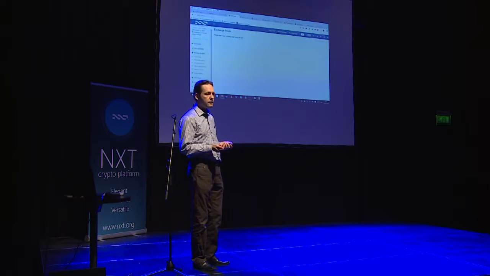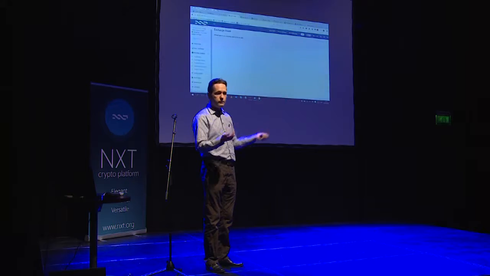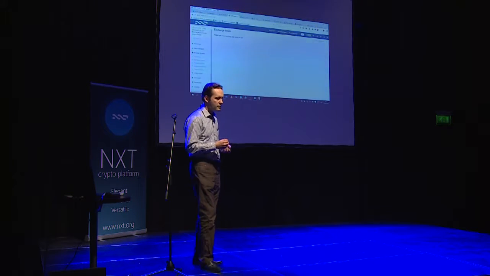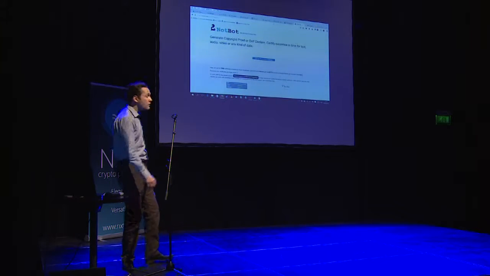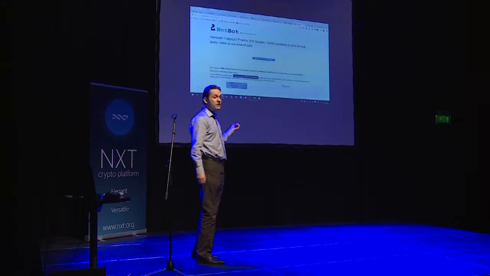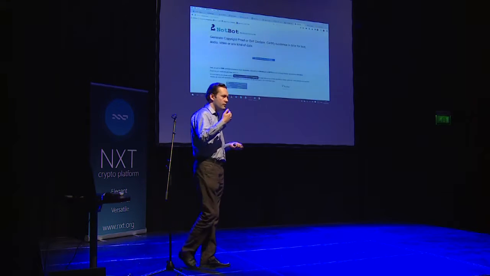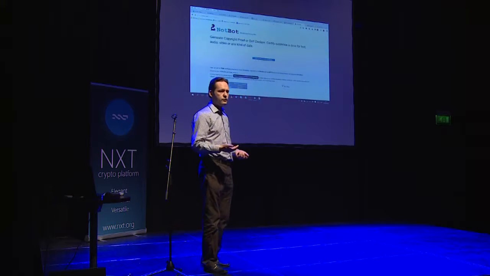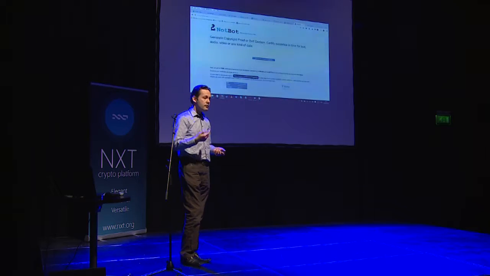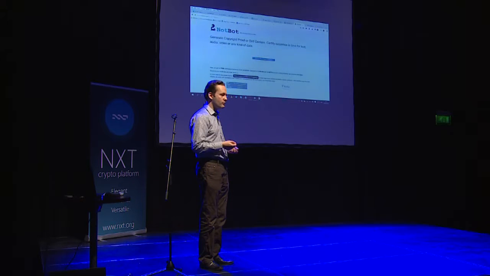We are now releasing articles where it's explained how easy it is to make your own applications. If you have a really basic amount of coding experience, these kinds of things, which are really useful, can be done by almost anyone who wants. And then it becomes much more a creative process, because Nxt already gives you the tools for this. And not necessarily what we say that you do with it is the thing you should do with it. I think that's also important, because this is an emergent process.